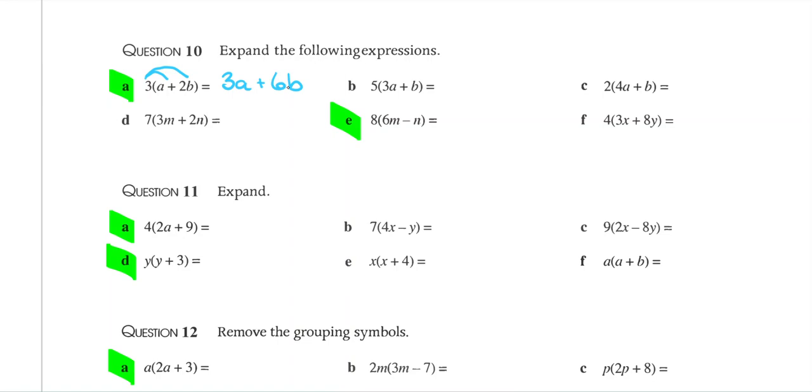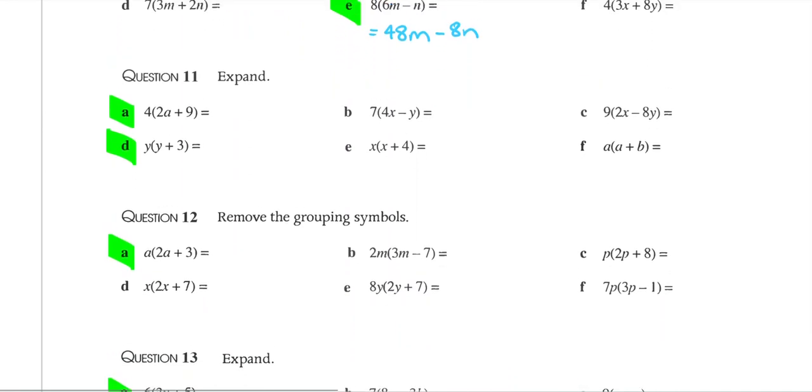Okay, let's keep going. Let's keep practicing our expanding. So for E, I do 8 times 6m. 6 8s are 48, and the m will sit afterwards. This time I have a minus sign in my bracket, and then I will do 8 times n, which is 8n. So minus 8n. Question 11 is still expanding. There's just lots of these ones. 4 times 2a is 8a, plus in the bracket 4 times 9 is